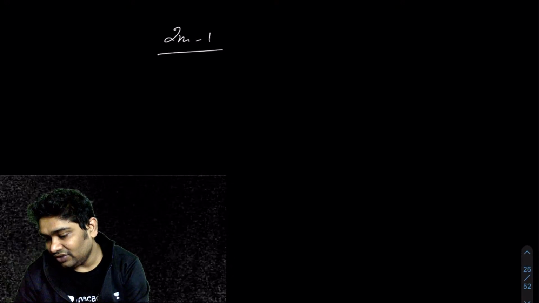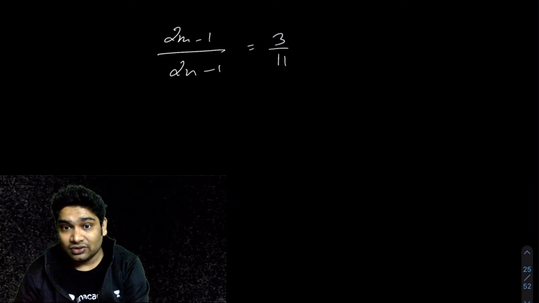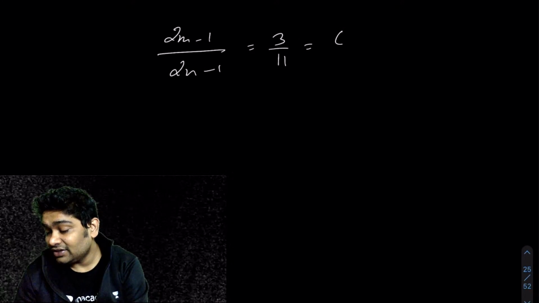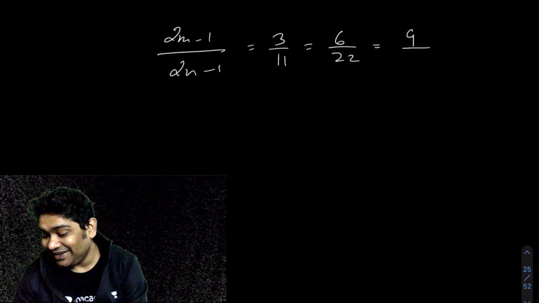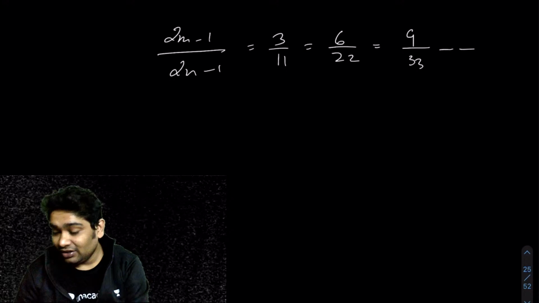You've been told (2m minus 1)/(2n minus 1) is 3 to 11. So you can have 6 over 22, or you can have it written as 9 over 33, and so on. Okay. Now,